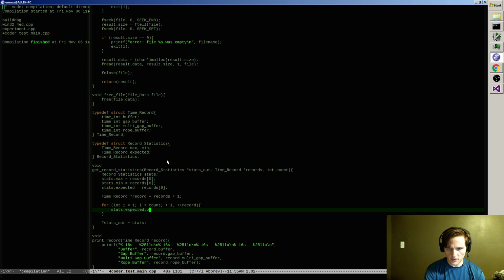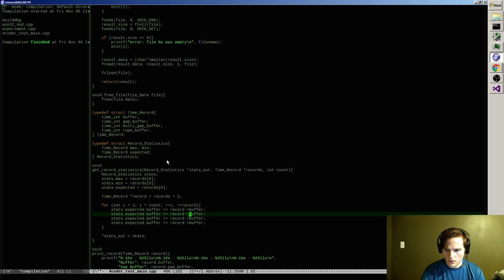Take all of the expected fields and add in records, or record buff, the equivalent field, gap, multi-gap, and rope.